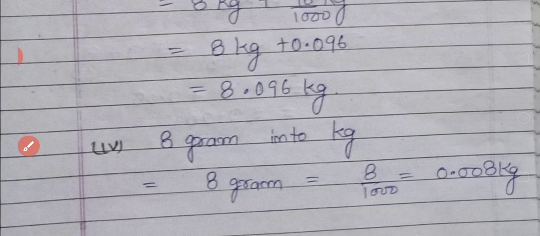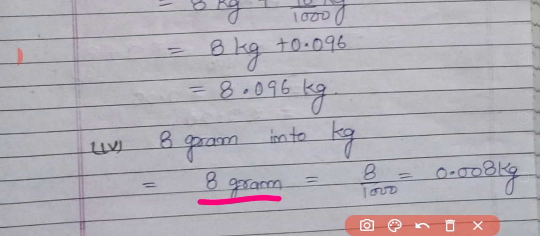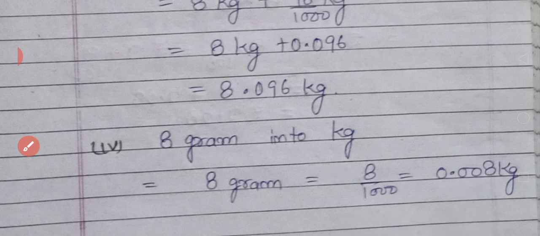In next question it has given 8 gram into kg. So it's very easy. So 8 gram will multiply with 1 upon 1000. So we have written here 8 upon 1000. This is a decimal fraction, so we have to count only the number of zeros in denominator and we have to count the same number of digits in numerator and put the decimal. 1 digit and 2 digit are less, so we will put 2 zeros. 2 zeros we have put and then put the decimal. So it became 0.008 kg.